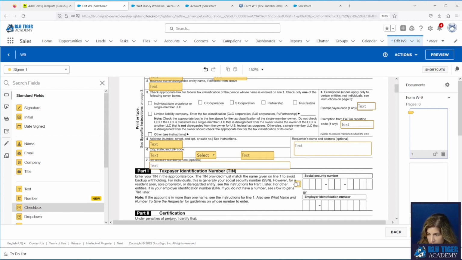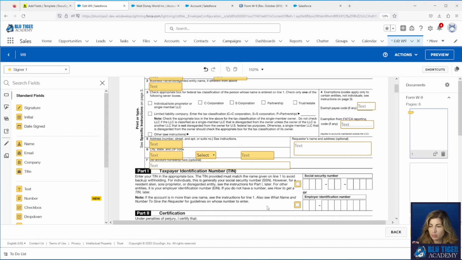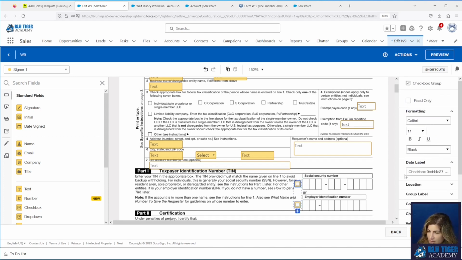Now these users need to choose whether or not they're going to provide a social security number or a tax ID. In our case, 99.9% of the time, it's going to be tax ID, and we want that to write back to Salesforce. We don't want the social security number to write back to Salesforce. And we want to require the user to provide either or. Now, the only way to do this that I've found is to first create checkboxes. And so this first checkbox will be labeled SSN. The second one is going to be the tax ID.